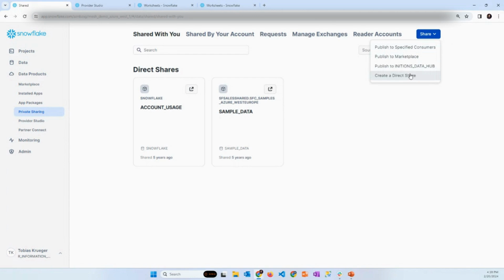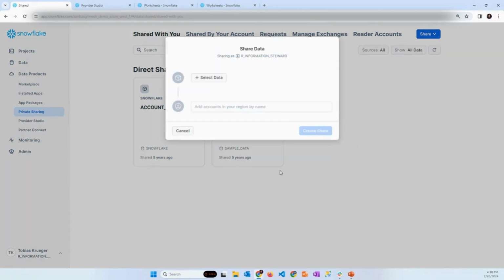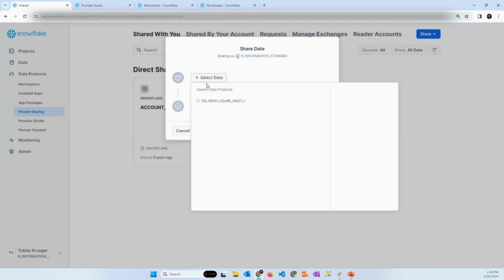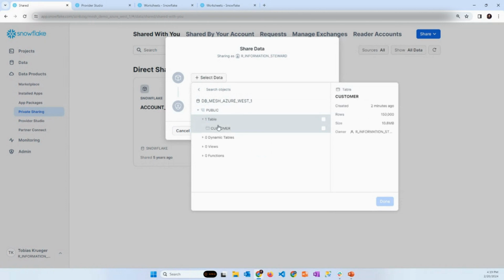Okay, so what we want to do now is create a direct share, where we directly share data to our Azure 2 account. What we can do here with the UI, we could also do in SQL, if we want to do it in a more programmatic way. We choose our database, then we go to our schema. We can see we only have this one table that we created, and we say we want to share that one.